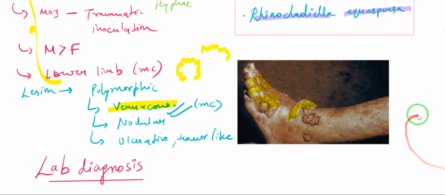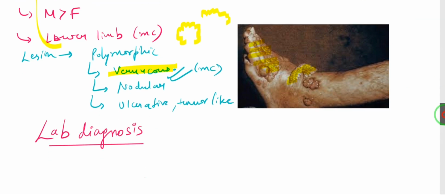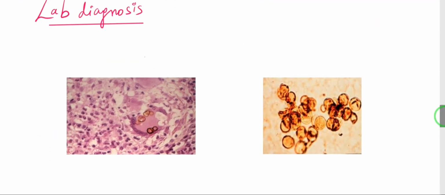Now let's talk a little bit about the lab diagnosis, in which we are going to see some very particular thing that you can see right here. From the patient that presents with such verrucous lesions, we are going to take a biopsy, and we are going to look at the histopathological examination. We are going to see this, and what can you observe in here? These copper shaped things, these penny like things. So what are they?